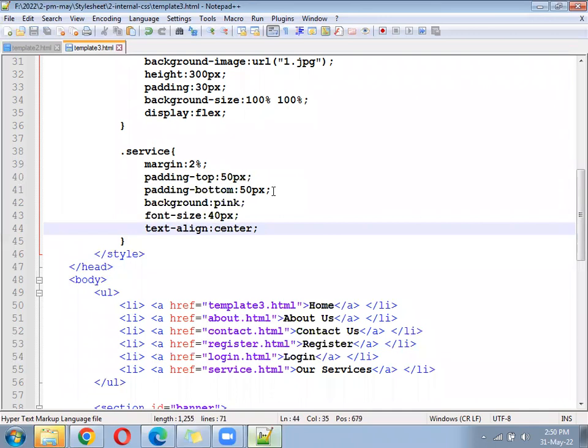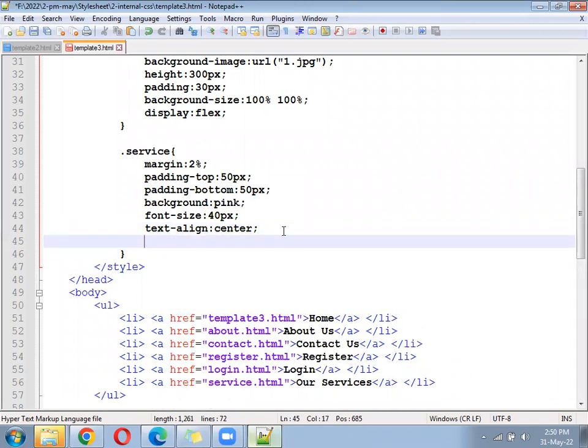Float left is not required because for the parent tag you have already given the width. We have not mentioned that width, so we have to write it. Width, now how much will come? 33.33 should be the width. In that, minus 2% and 4% will be 29.33, so 33%.